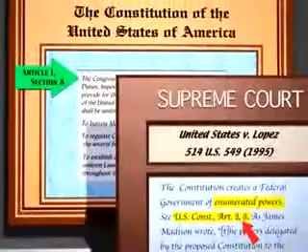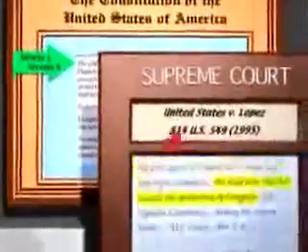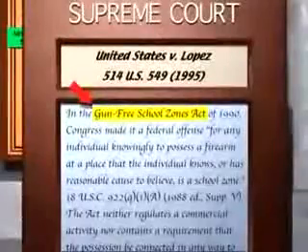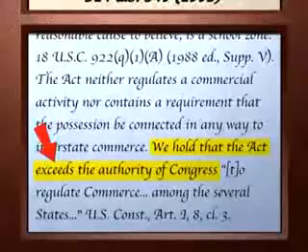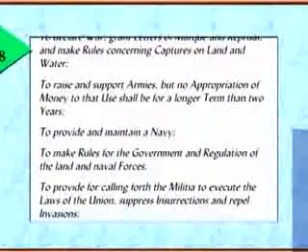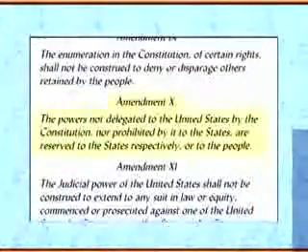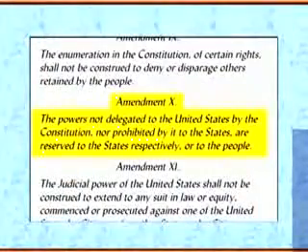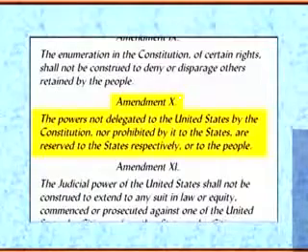In this particular case, the Supreme Court threw out the original gun-free school zone law, saying it was beyond the authority granted to Congress by the Constitution. The Constitution empowers Congress to write laws concerning things such as currency, bankruptcy, immigration, patents, military matters, and a few others. The 10th Amendment states that all powers not specifically granted to Congress belong to the state governments or to the people.